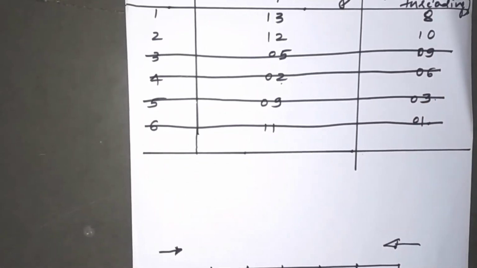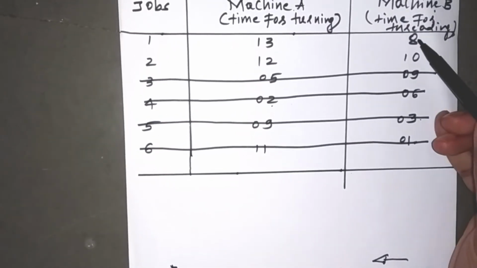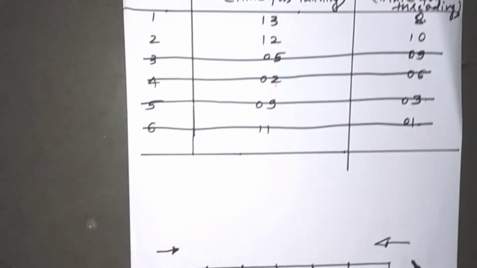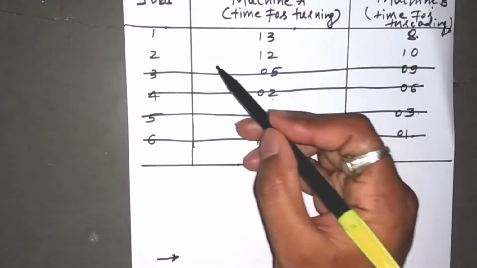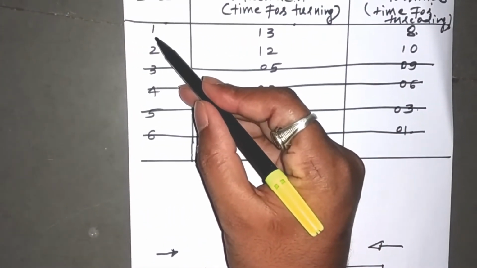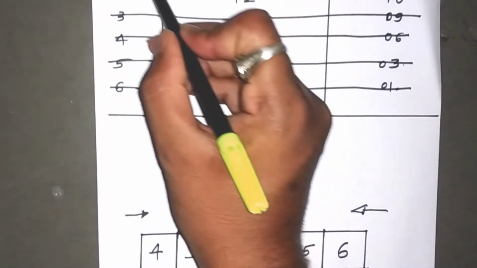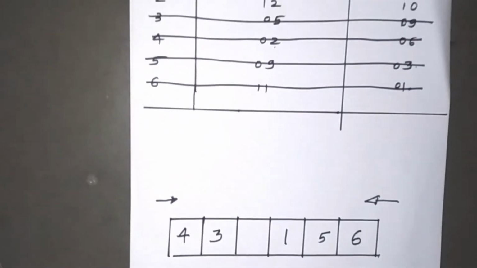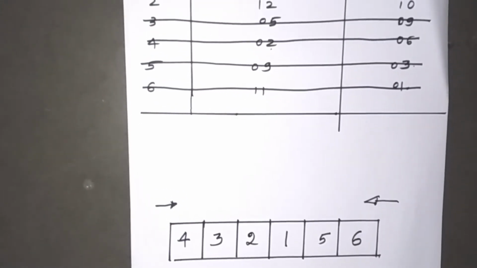And next you find out from the table which is the minimum number now. So here the minimum number I found is 8, and this 8 is for machine B, means we have to sequence from this side, and this 8 is for job number 1. So I have to sequence job number 1 from this side. So I'll sequence 1 here, and I'll delete from the list. Now finally I have the last one as second job, so only one box is left out. So this is the optimum sequence.